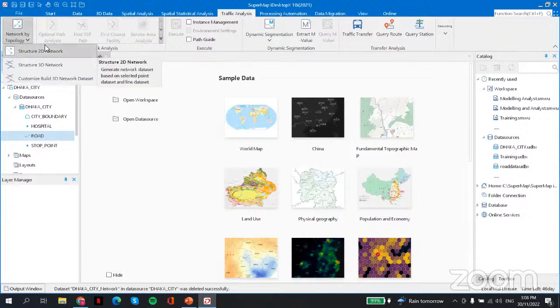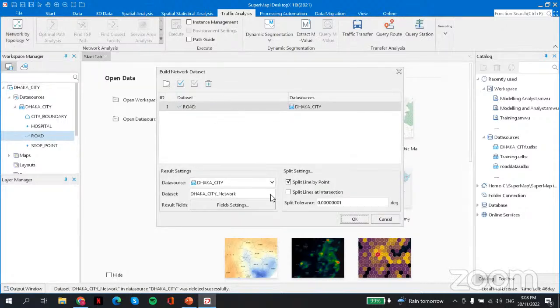You can build a 2D network or 3D network and also customize the 3D network dataset. But for today, we will do the 2D network. So we're just going to click it here, and then you can change the dataset name for the result, which I'm going to leave as dataset network.